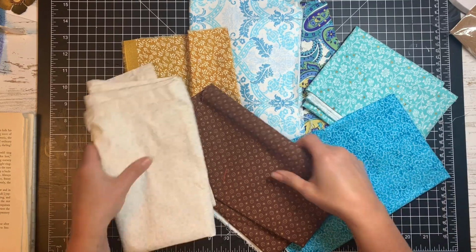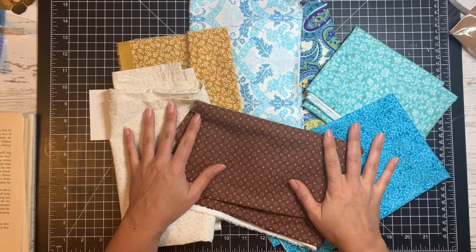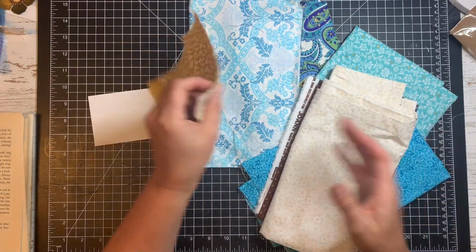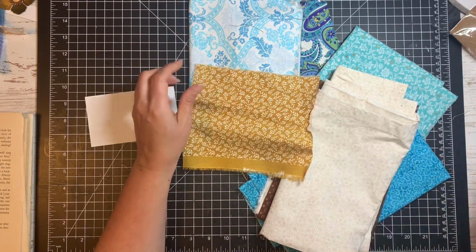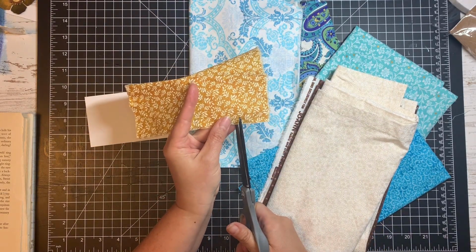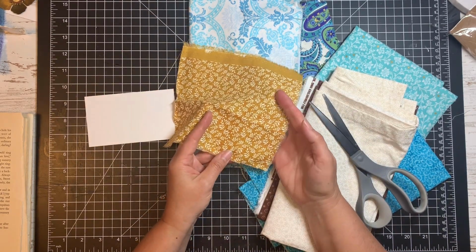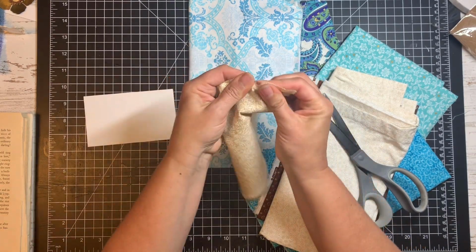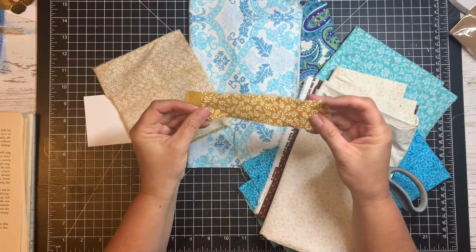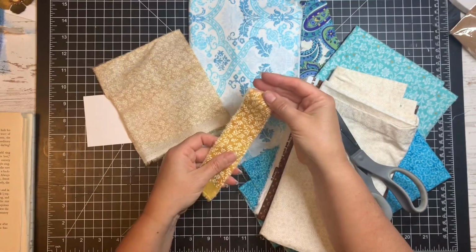Okay, to start these off, I have picked out some fabrics that I believe will match with the colors in my journal. And I'm just going to do some tearing of these. So like this one is already torn a little bit, and I want this to kind of have those ragged edges. I like kind of the shabby look. So I'm just going to be taking all of these, cutting them into different size pieces, and then tearing them into different size pieces. So I just make a little snip on one side and give it a tear, and you get a nice strip of fabric with these beautiful torn edges that I'm going to use to make the